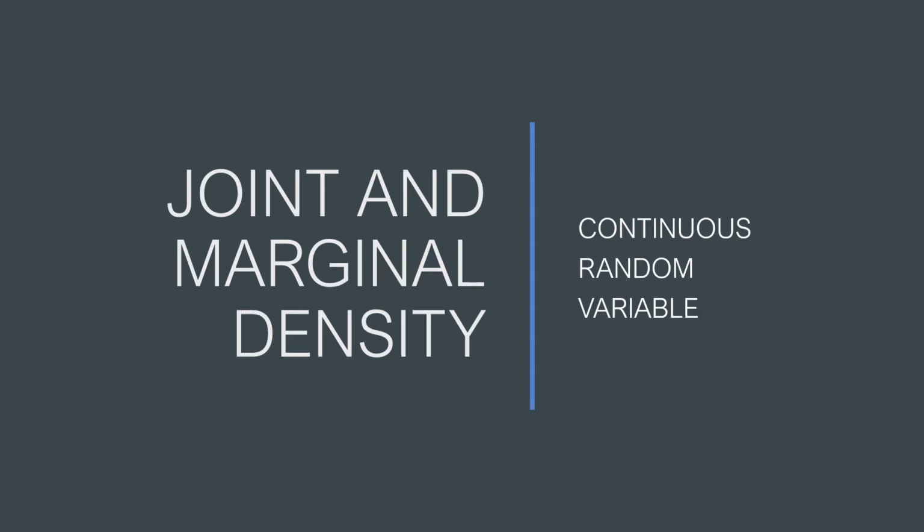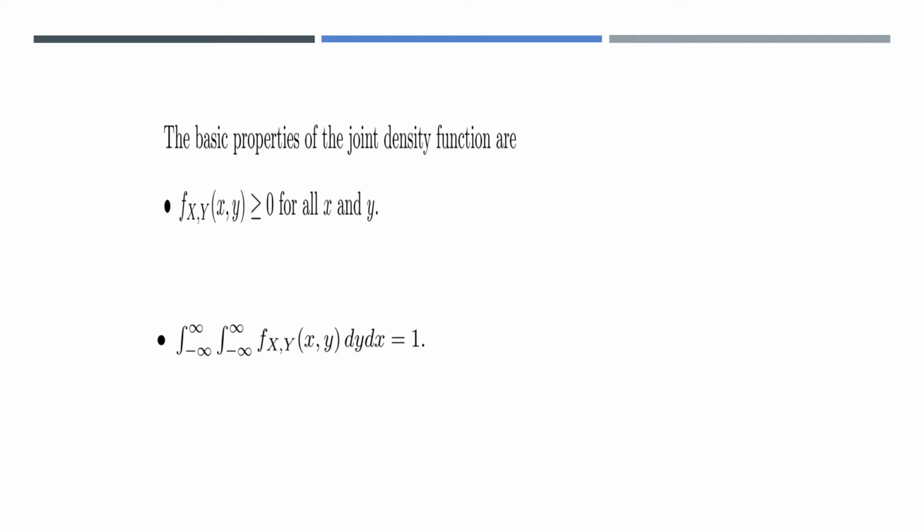In this video, I would like to explain about the joint density function and the marginal density function for a continuous random variable. So let us see in detail how to find the marginal density function from a joint density function of a continuous random variable, and also we can discuss about the cumulative density functions. The joint density function is usually denoted by the symbol f_XY(x,y),